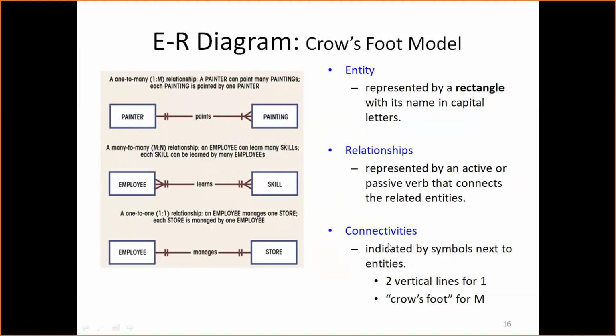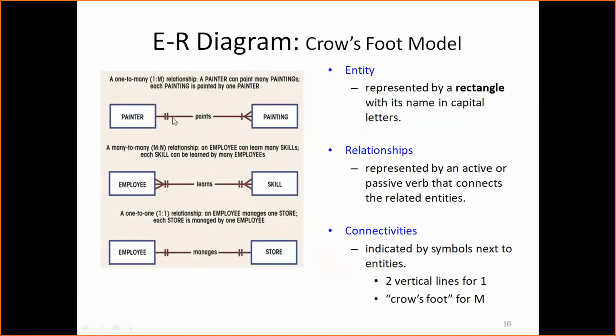The multiplicity is shown as two vertical lines means 1, and a crow's foot represents many.